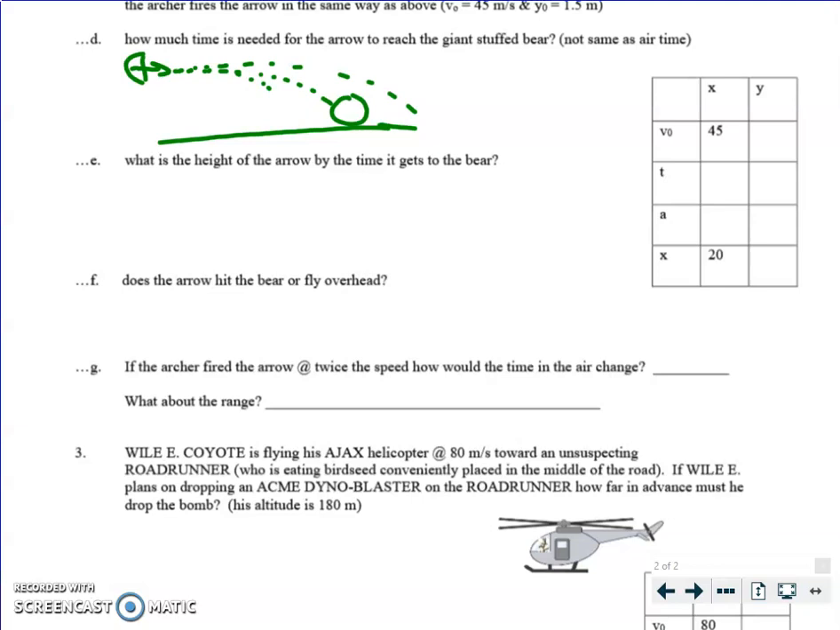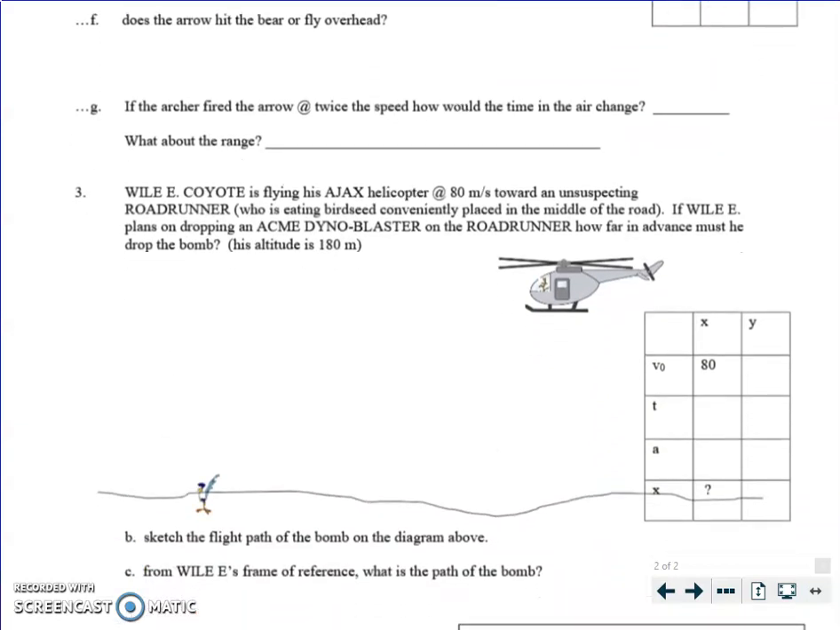And then the last problem is a classic where you're in a moving object in the air and you drop something, in this case a bomb. Okay, so the bomb just doesn't fall straight down, it moves forward with the helicopter and falls, so it's going to take a parabolic trajectory. So the question is, how far in advance do we have to drop it in order